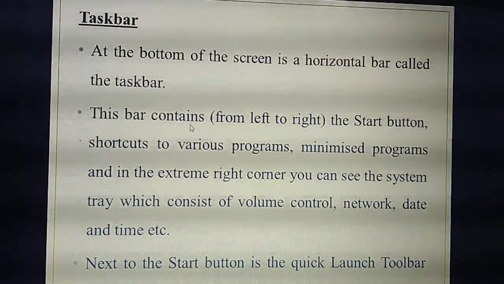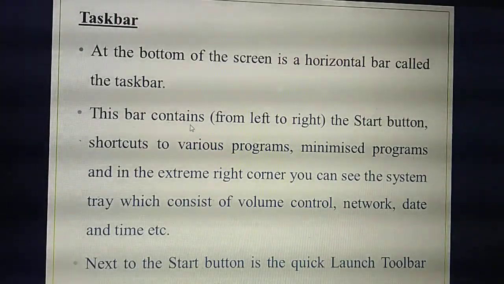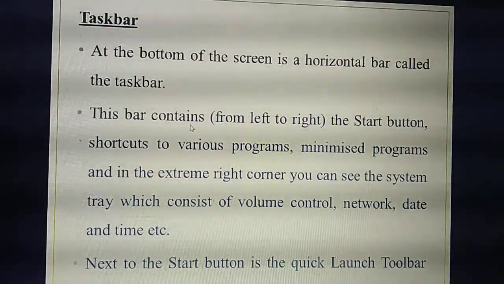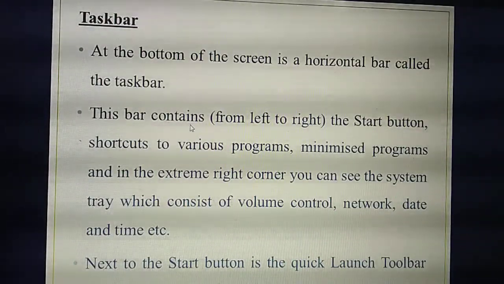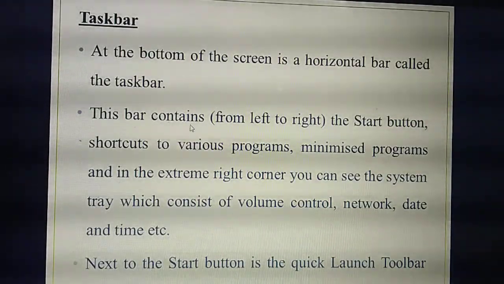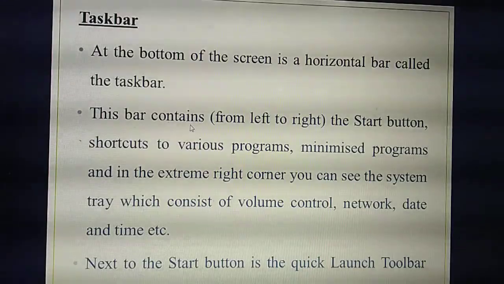In addition to these, there are some standard icons. Yesterday I explained about standard icons. What do you mean by standard icons? While installing the operating system itself, some icons are available by default in the OS. That is called standard icons. Some standard icons are also present at the right corner. The start button is present at which corner? Left corner. In that same taskbar, at the right corner, some standard buttons are there. They display the date, time, network, and the volume control button. These are also available in which bar? Taskbar. That one we call the quick launch bar.